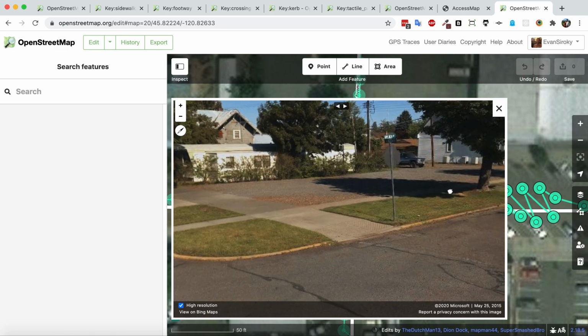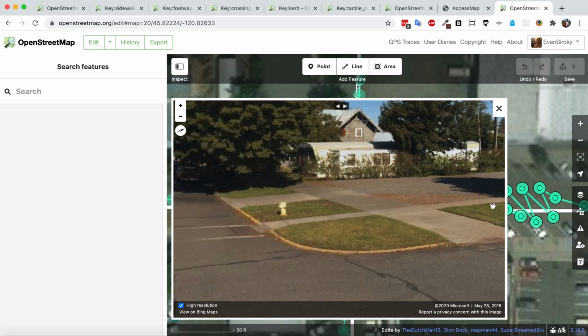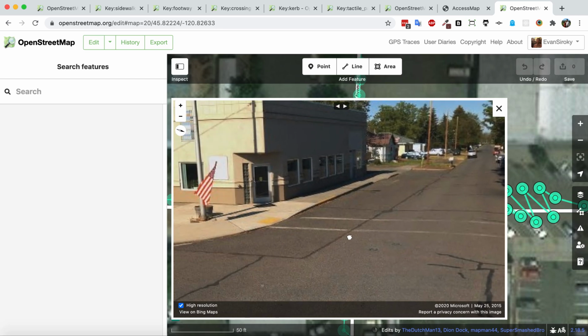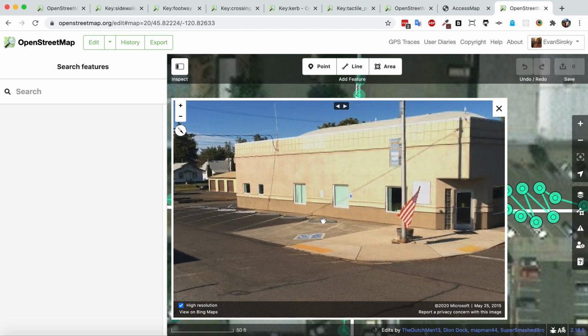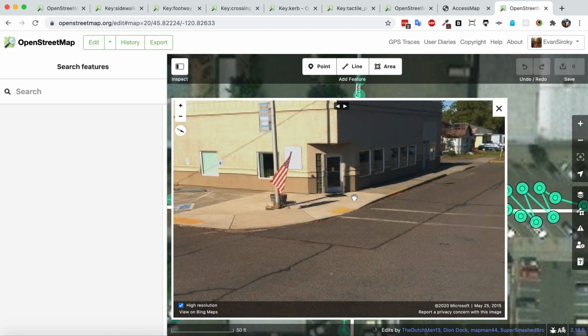And there are some sidewalks that go down the road that way and that way, and also a sidewalk that goes here. And maybe I'd call this an access aisle right here that goes along the parking spots. All right, so I'm going to go ahead and